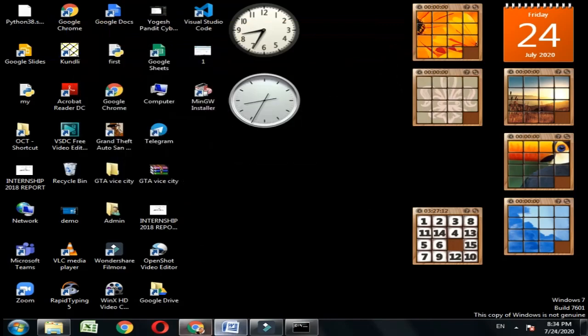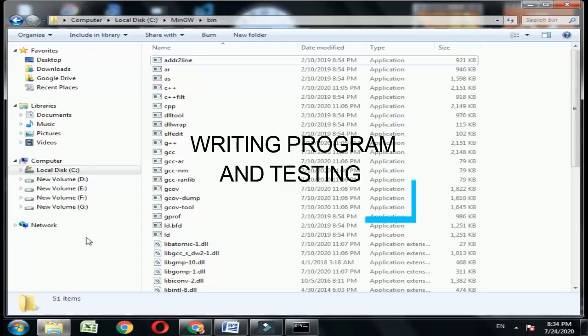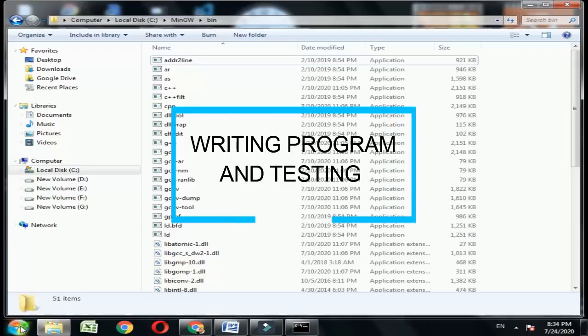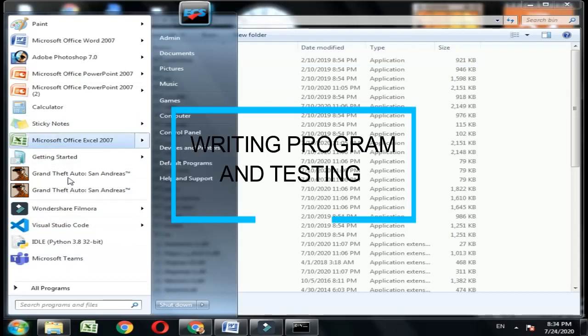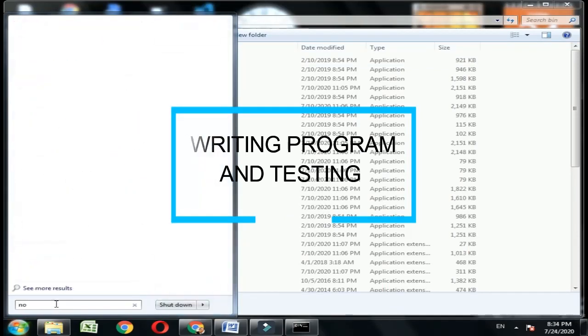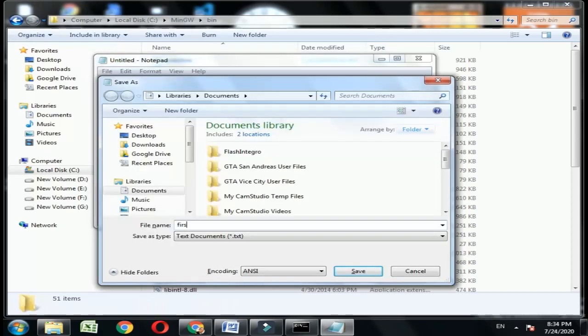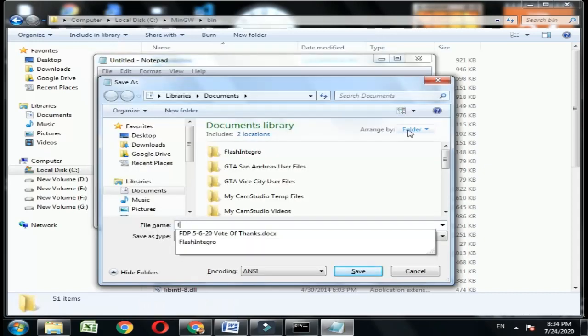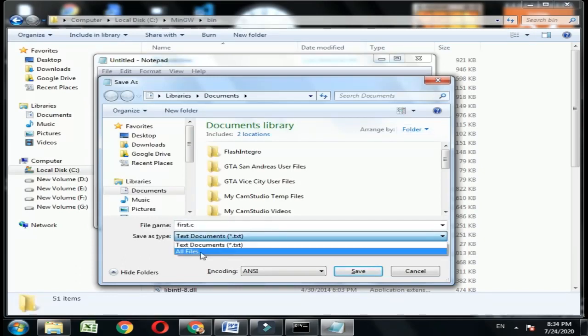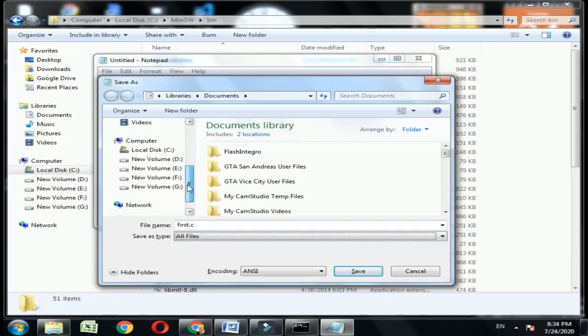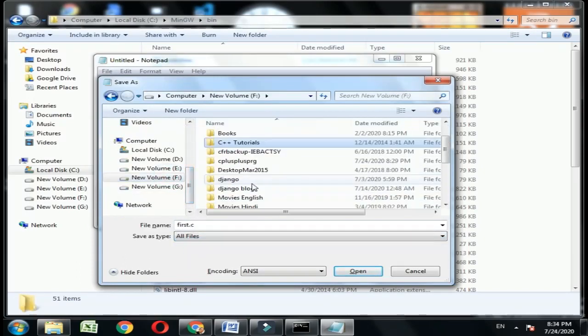Now we will type some program to check whether these things are working perfectly fine or not with our C or C++ program. So first we try to write a C program with the help of Notepad. So open Notepad and save this particular file as first.c, and save this file to the folder which we have created in F drive, C++ PRG.